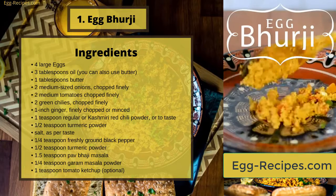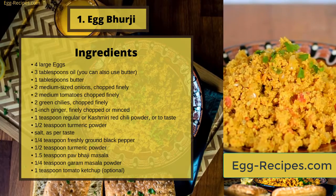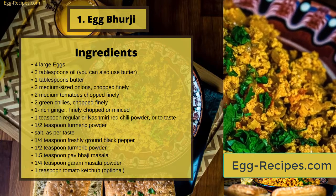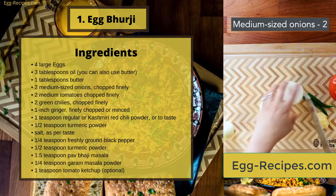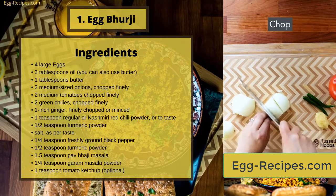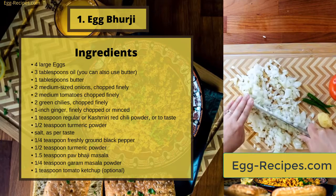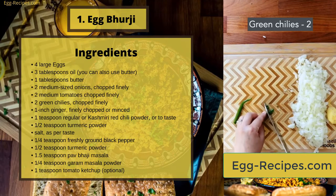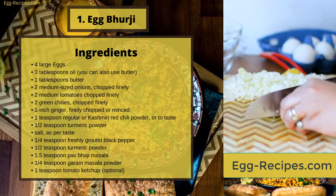Number 1. Egg Bhurji. Ingredients: 4 large eggs, 3 tablespoons of oil, you can also use butter, 1 tablespoon of butter, 2 medium-sized onions, chopped finely, 2 medium tomatoes, chopped finely, 2 green chilies, chopped finely, 1 inch of ginger, finely chopped or minced, 1 teaspoon of regular or Kashmiri red chili powder or to taste, half a teaspoon of